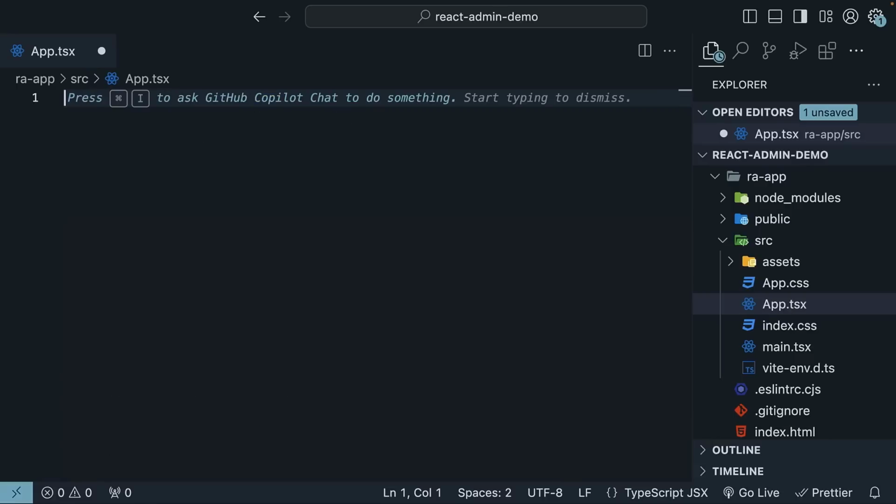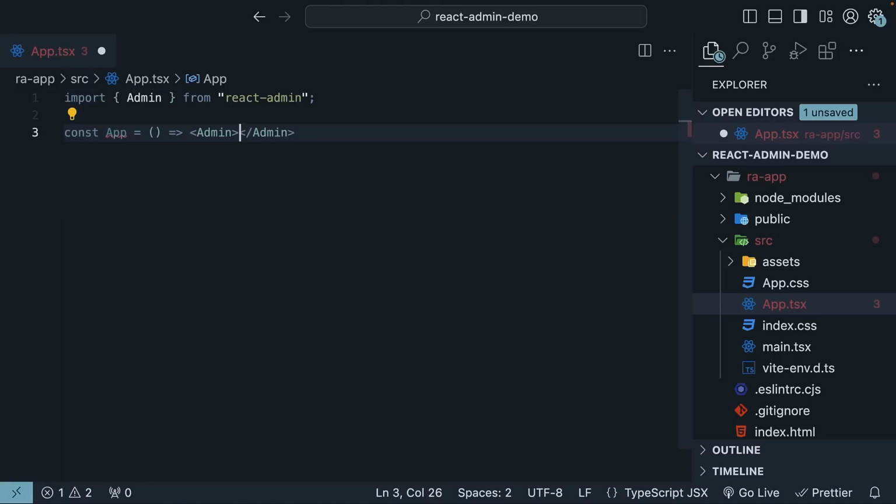In a React Admin app, the Admin component serves as the root component. We will import it at the top and use it as the top-level component in our JSX. This component lets us configure application adapters, routes, and the user interface. The Admin component accepts a data provider prop, which provides data from the source. In our case, we will import the